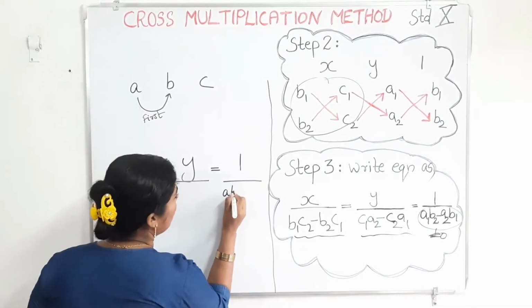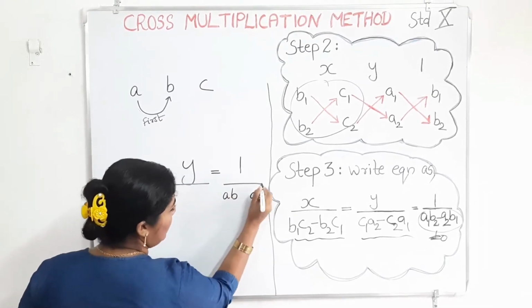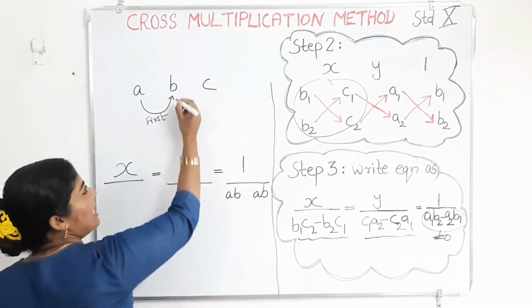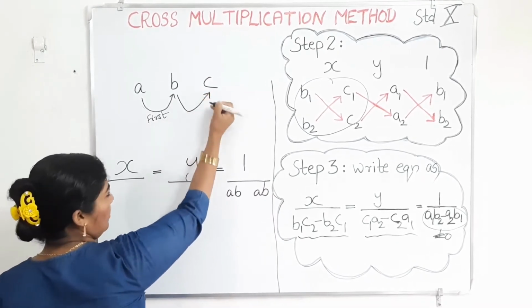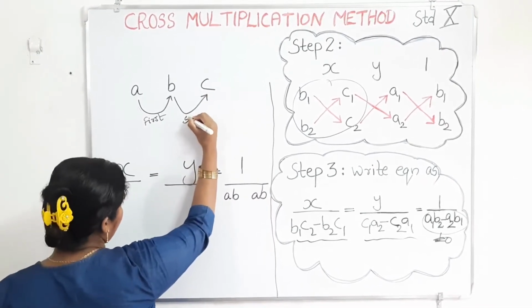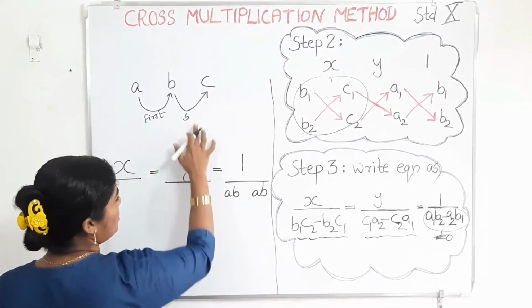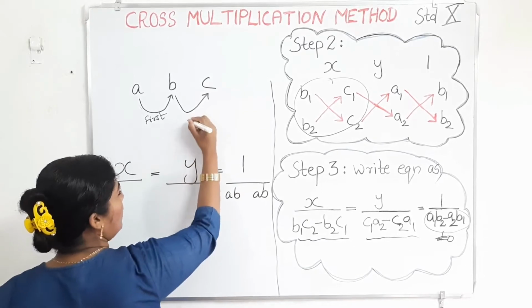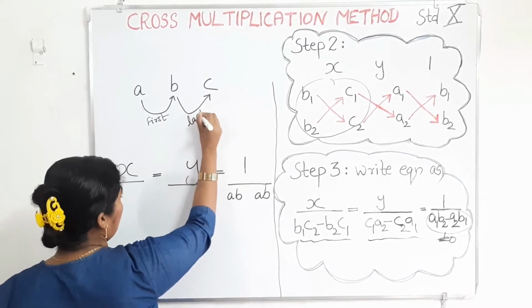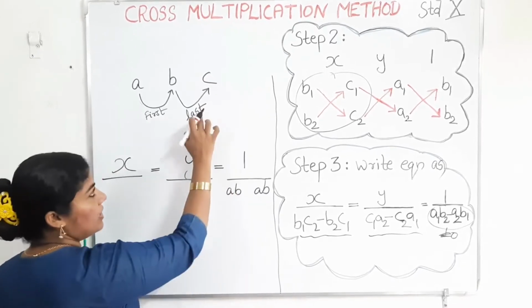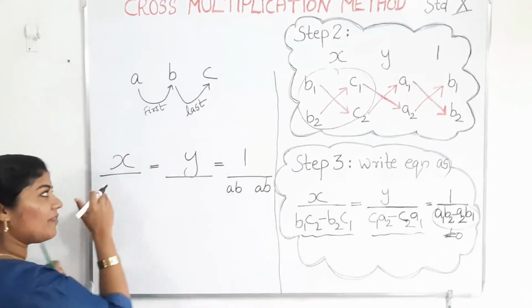A, B, A, B. Like that you write. Again, in between a space. And the next pointer I am going to draw here. This is the first one. The first one I wrote on the last. Here this is the last one. You just write the last one. The first one, when you write it as the last one, the last one you have to write as the first one.